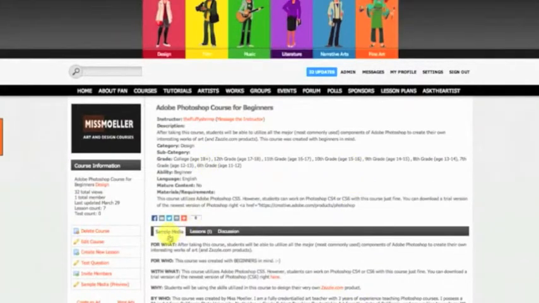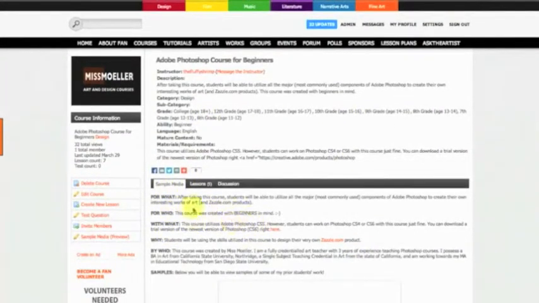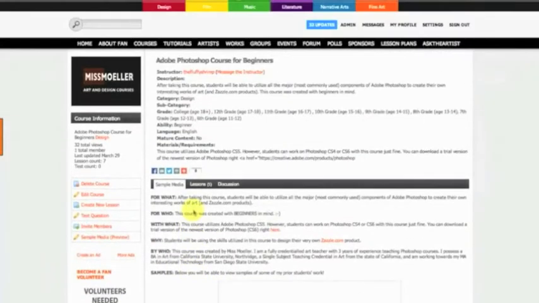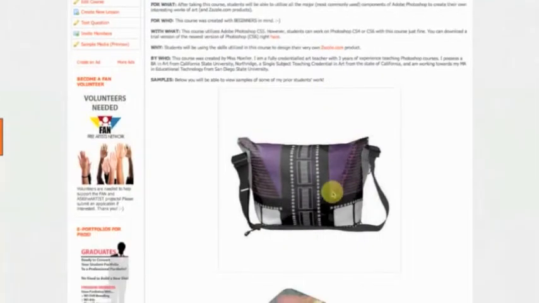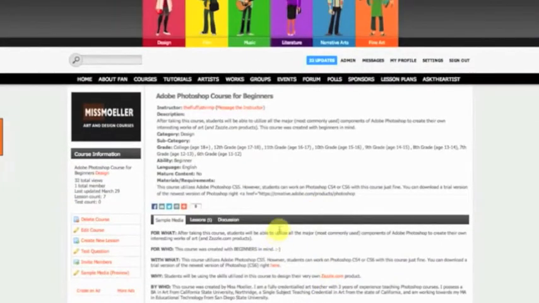Now, the sample media page is like the front page or the promotional page for any given course. This is where most course creators will want to upload information about their course, samples from their course, which can include video clips, text-based clips, or images. And they can also showcase samples of work that their students in the past have done, all just to promote the course and give you more information about it. Other info about the course is located up here. You can also message the instructor from this section.